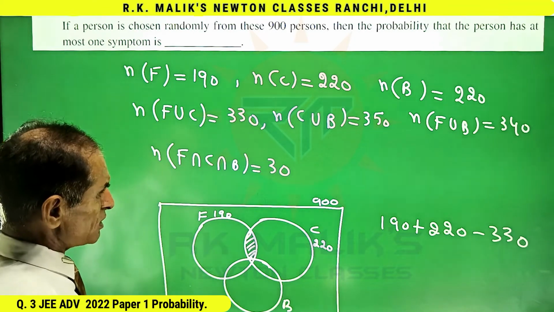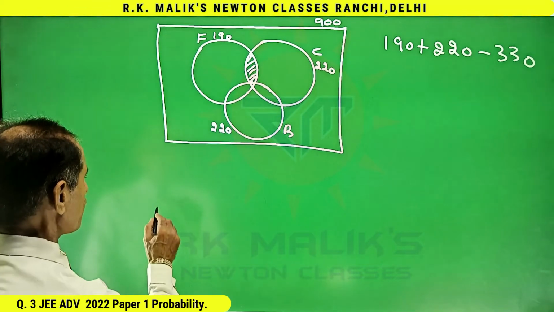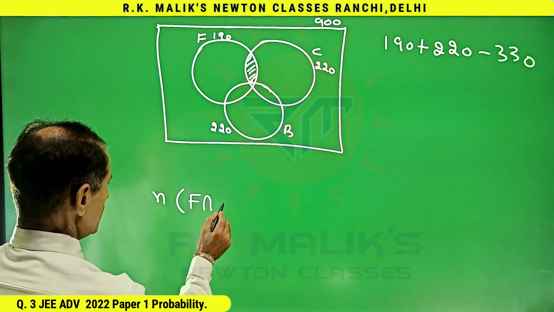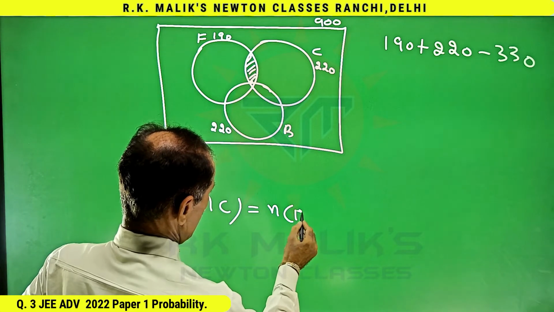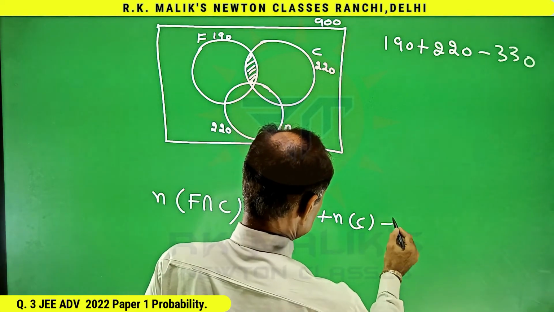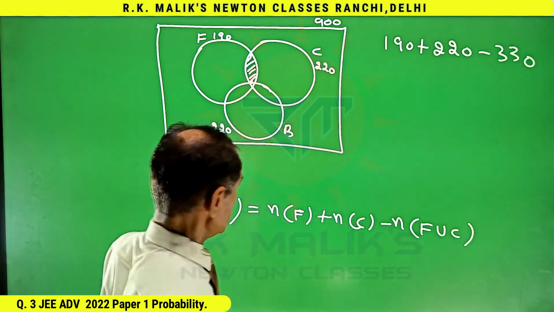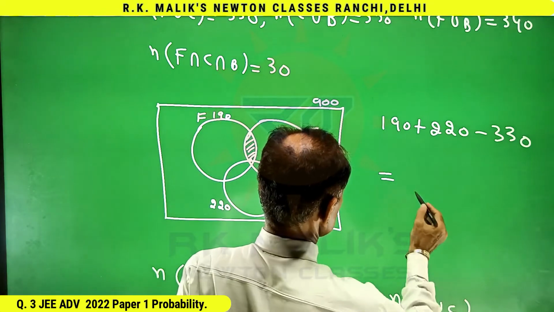I can easily say using common sense also, or keeping the formula in mind, that N(F intersection C) is equal to N(F) plus N(C) minus N(F union C),